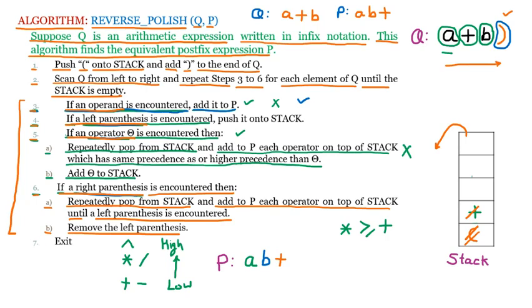Afterward it will go back and check, is something on the stack? The stack is empty because plus and the starting bracket were there and we have already removed them. So after removing plus and the starting bracket, the stack is empty. Now we know that the while loop works until the stack is empty. So here it is mentioned stack is empty, and the stack is already empty, so these lines will not work. That means line numbers 3, 4, 5 and 6 are not going to work here, and it will directly go to line number 7, exit. So it will come out.